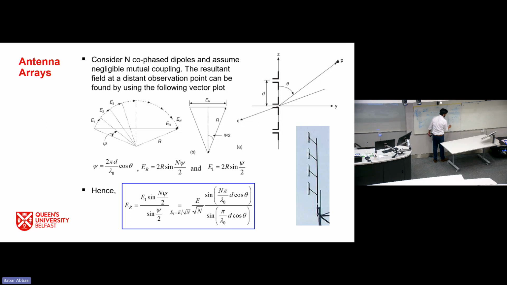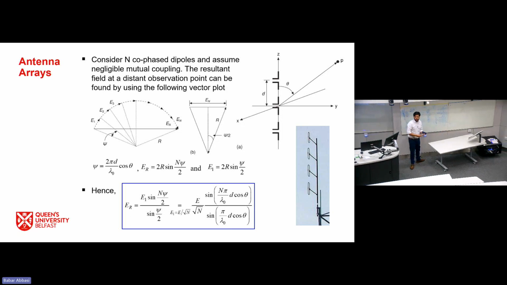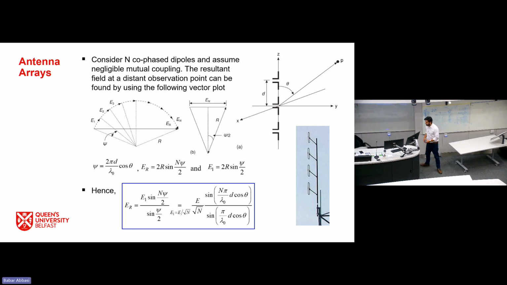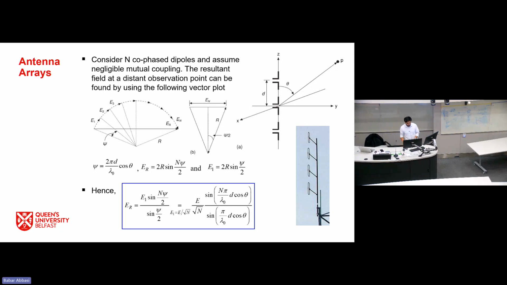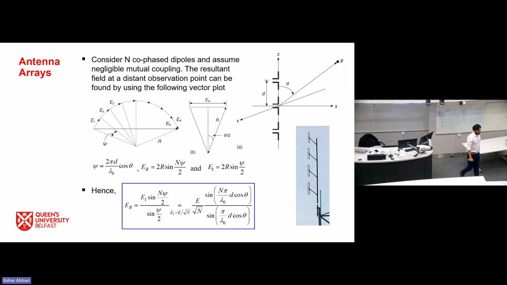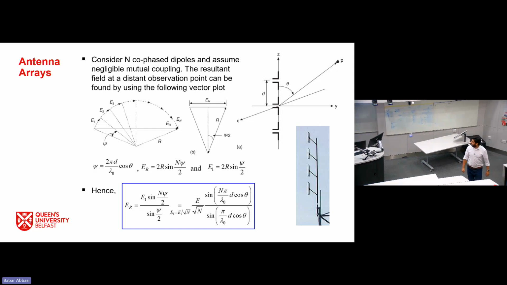But if I excite this one first, this one second, this one third, this one fourth, then this wave will start propagating already, and then this wave will catch up, and then this wave will catch up. And then the maximum directivity radiation will be in this direction. Okay, this is what phase shift does. So if I combine all the things that I have developed so far, I will end up with